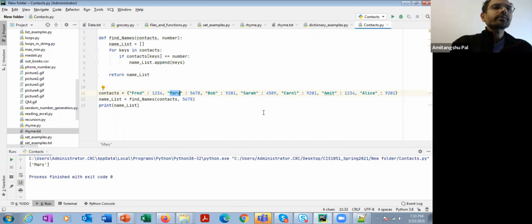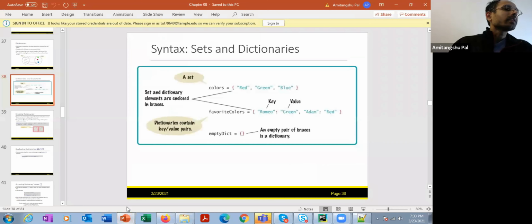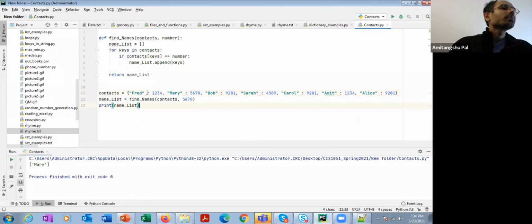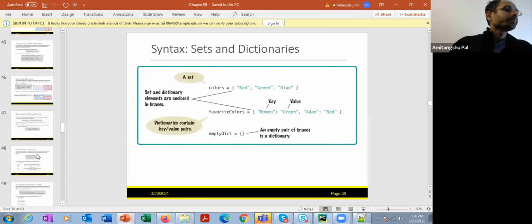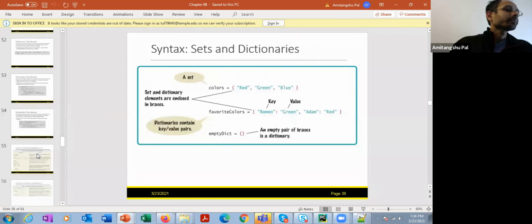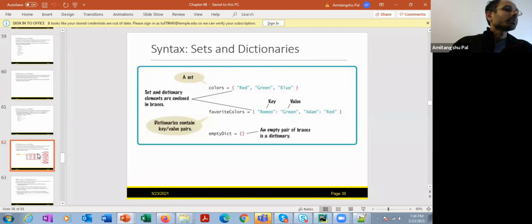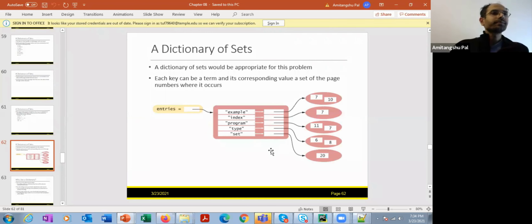Now, in these examples, I have shown you that the key may be a string and the value may be an integer or something. But in general, it may be a little bit more complicated. So let's take this example.